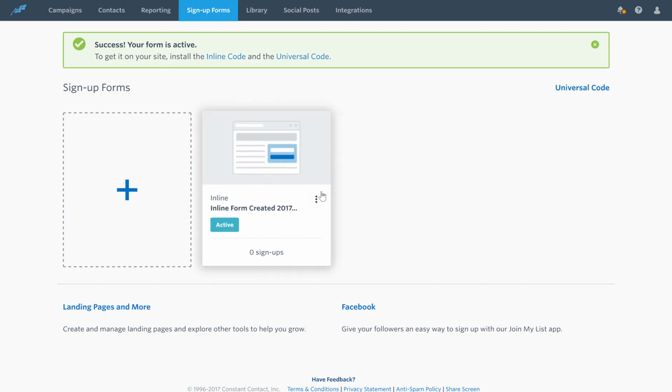Next thing I'm going to do is get the inline form. Now let me just briefly describe the inline form. As you can see in this example, the inline form would live within the web page. So it's going to live within the web page. Next step is to